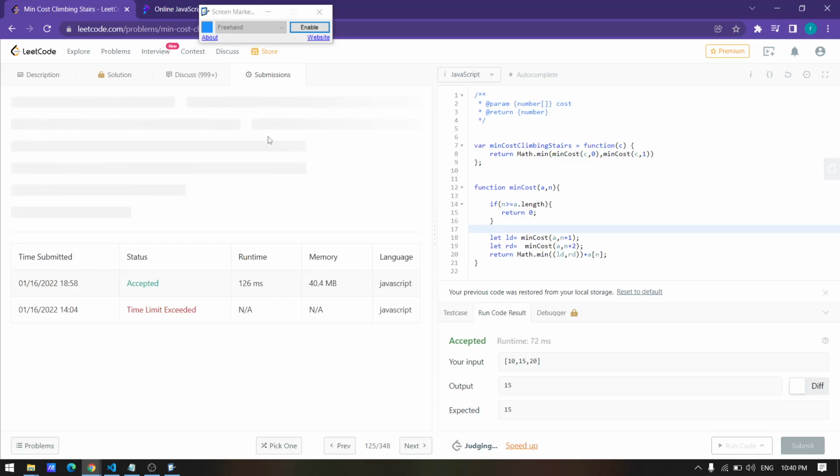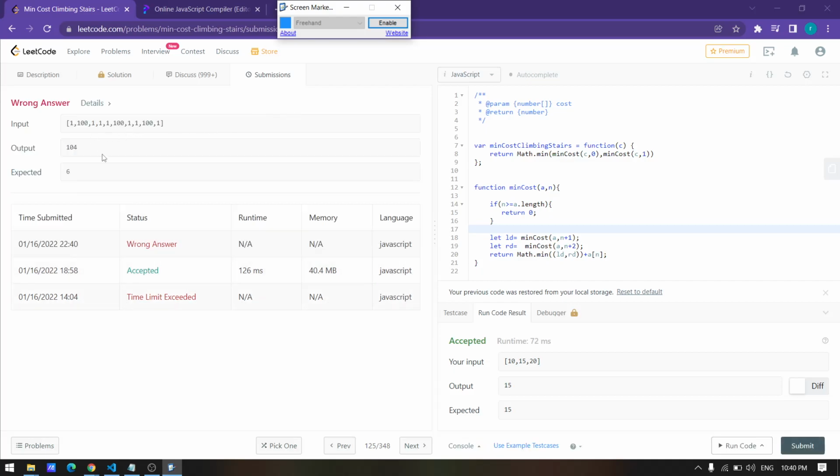I'll show you. Yeah, it is giving me the output. Okay, no problem.